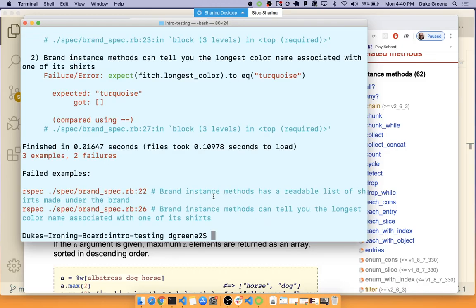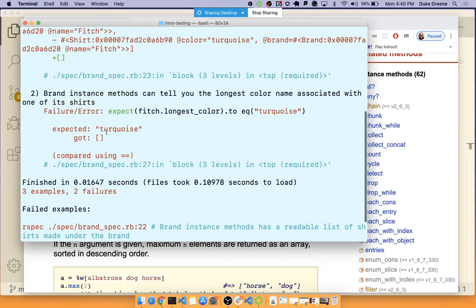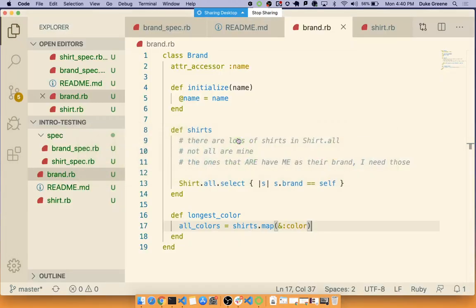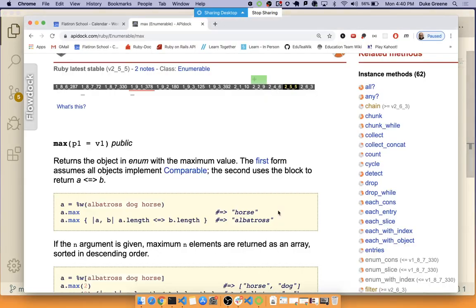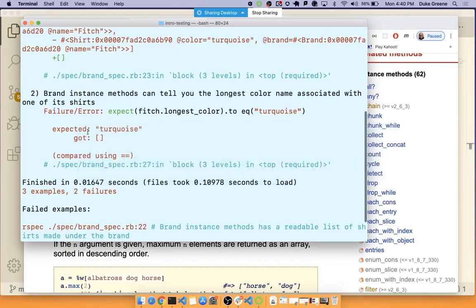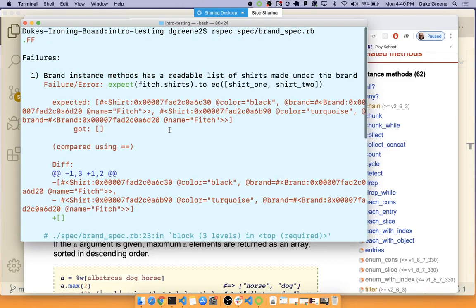I wrote them, I might as well get something out of them. Oh look, expected turquoise, and then it got an empty array. I'm not expecting an empty array, y'all. Like, at all. So what's happening here? I really wanted this stuff to run, right? The problem is this lazy loading. I never referred to the words, and it's failing multiples now. It's expecting this array of shirts, but since I moved stuff up,